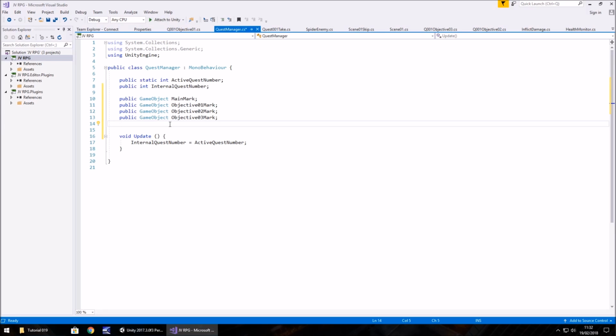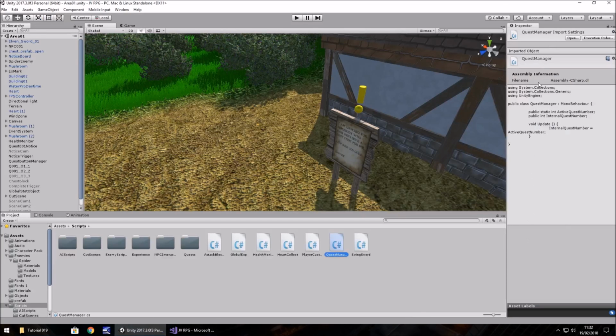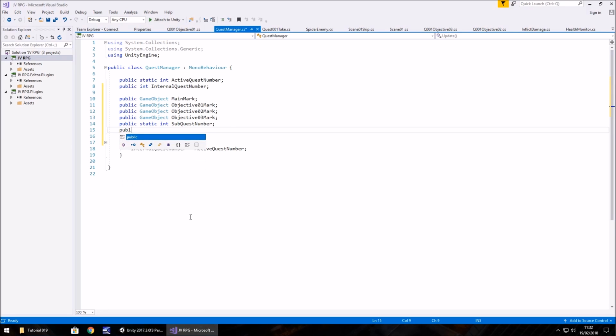So we need to create a subquest number. I.e. if it's 1, we move here. If it's 2, we move here. And it obviously needs to be static because we need to reference this from a different script. So let's do public static int sub quest number, semicolon. And we also need the internal version of this because, as I always say, I like to have the internal versions so we can see what's going on here in the inspector panel. So that would be public int, and let's just call it internal sub number